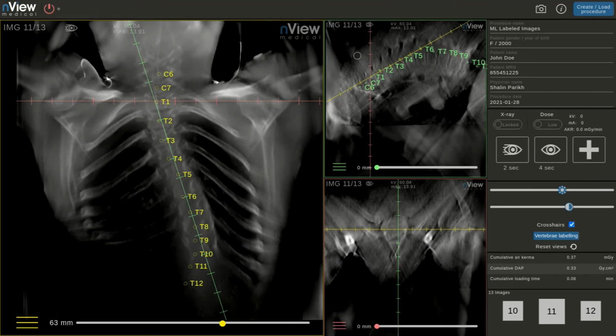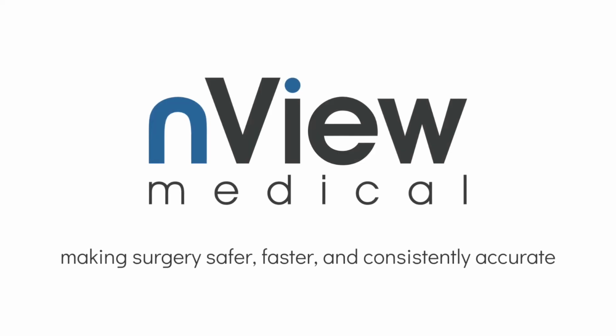In the future, everything will be automatic. But for now, we are leaving the key aspects of the labeling process to the user. Also, we envision using this as a starting point to more advanced features like automatic intraoperative measurements or for smart scrolling through the spine for better image exploration.